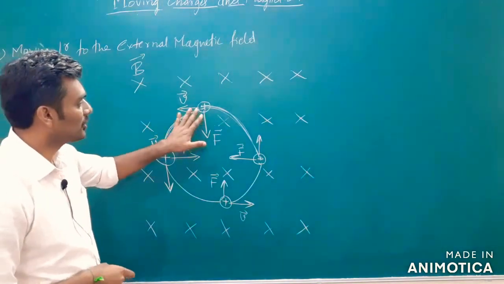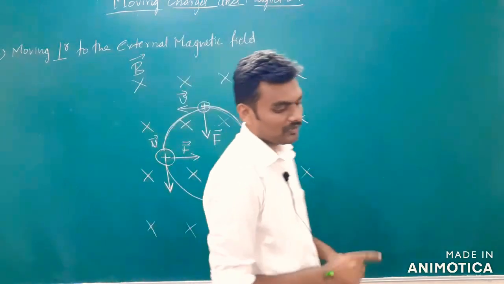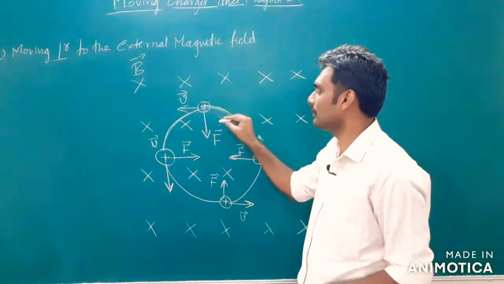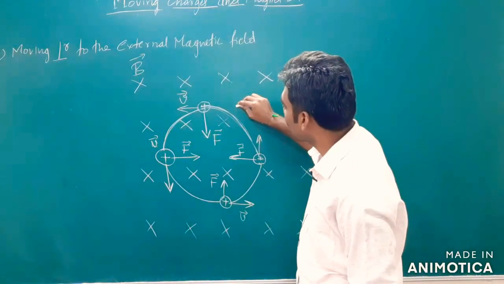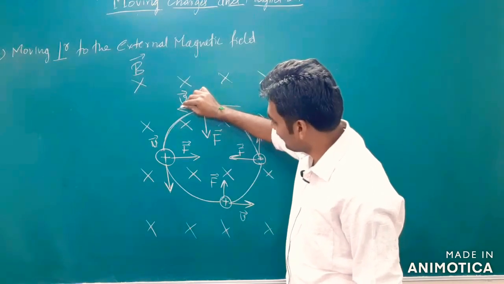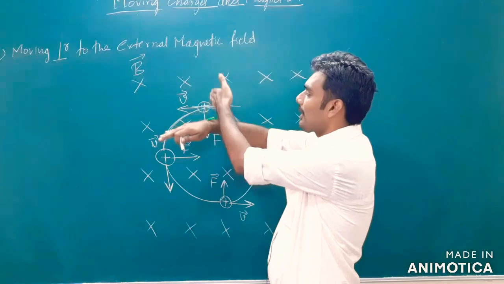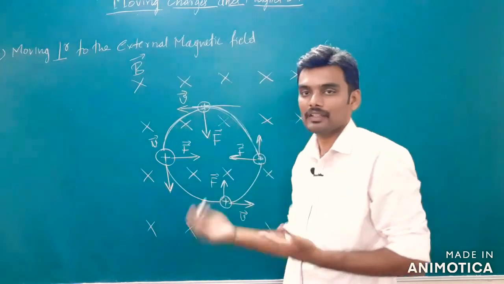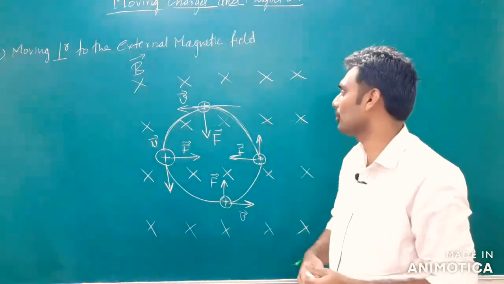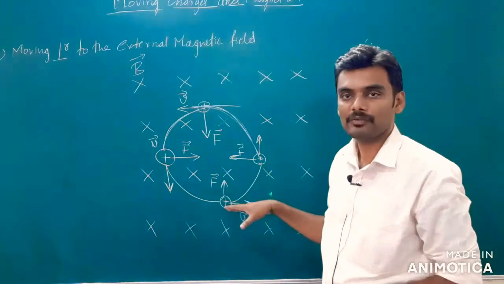So the body should be thrown into the field in such a way that the direction of velocity, or the direction in which the body starts to move originally, is perpendicular to the magnetic field. If not, then the situation is different and we shall discuss it now. Clear with this much? Okay.